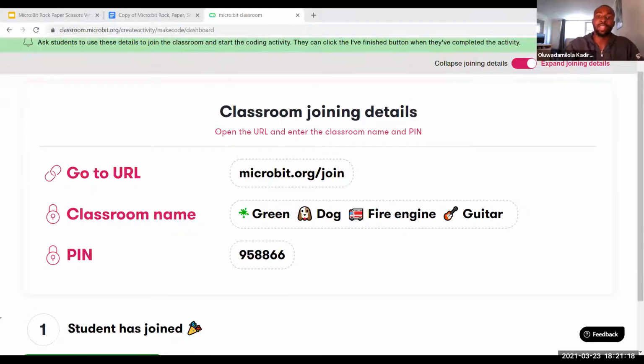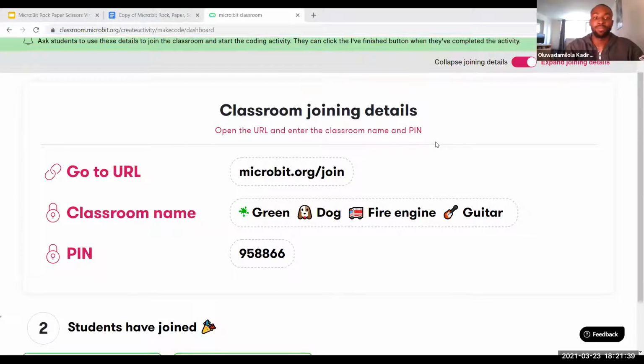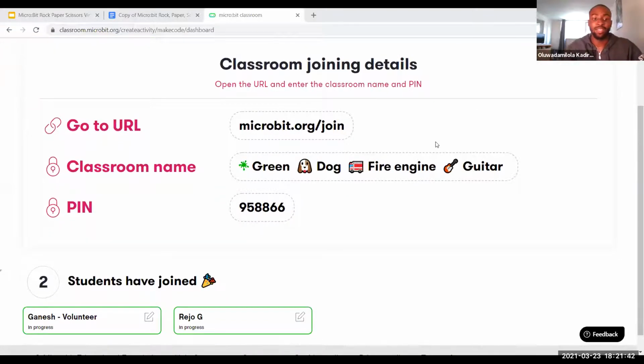It'll ask you to list out a color, an animal, an object, and a mode of transportation. So the color will be green, the animal will be dog, the object will be guitar, and the mode of transportation will be fire engine. And the pin is 958866. So I see Ganesh is joined in, which is great.